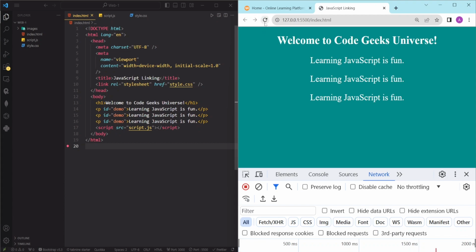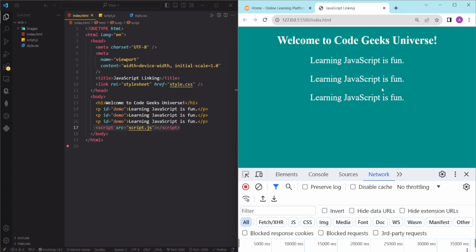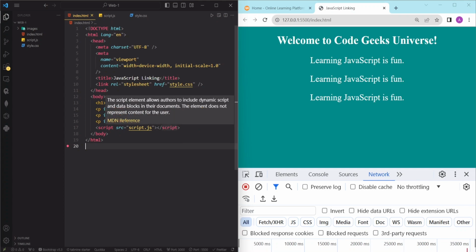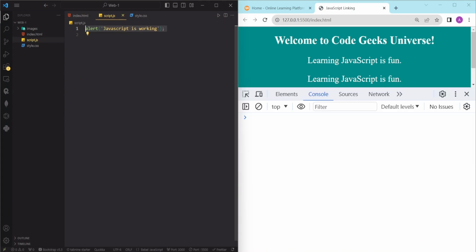And now if I refresh my page, you can see our text is displaying on our web page. That means all the code which is above this script tag is executed. And at the end we have our script tag, which is showing this alert window that JavaScript is working. By placing this at the bottom of our body, we can improve the display speed of our web page. And now the only thing I want to show you is how we can get or see the output